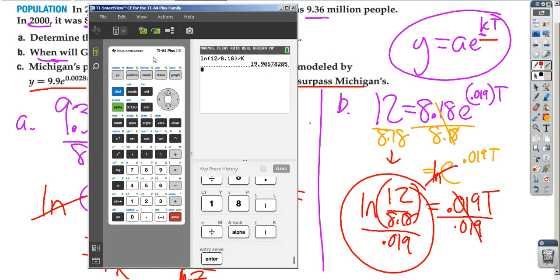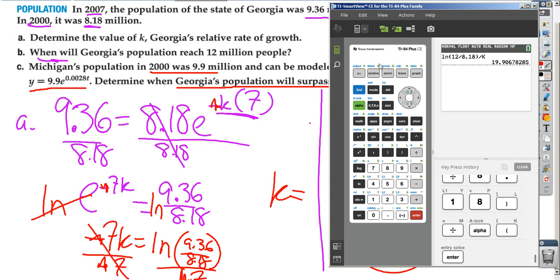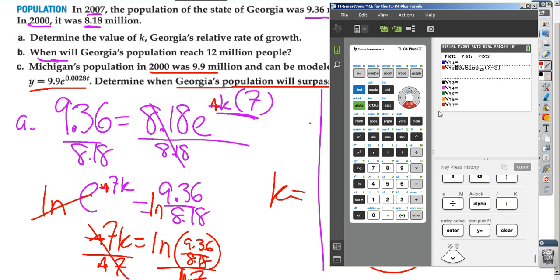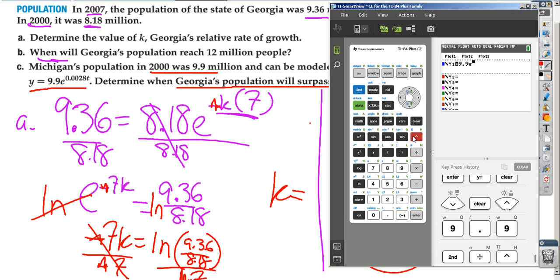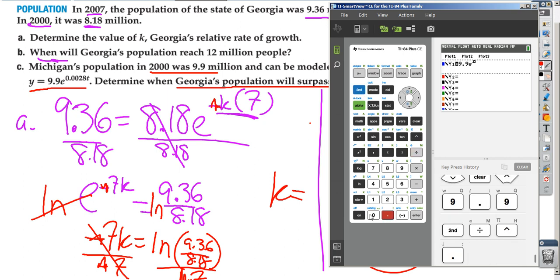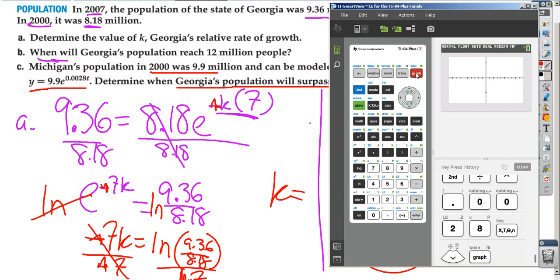Graph both of these in a graphing calculator and see where they intersect. So let's clear all this stuff out for a sec, and here's how we do this. Let's start with Michigan's. Michigan's is 9.9 times e raised to the 0.0028, and I'm going to use x instead of t. It doesn't really matter. Let's just see what that graph looks like, and actually we can't see it, so let's